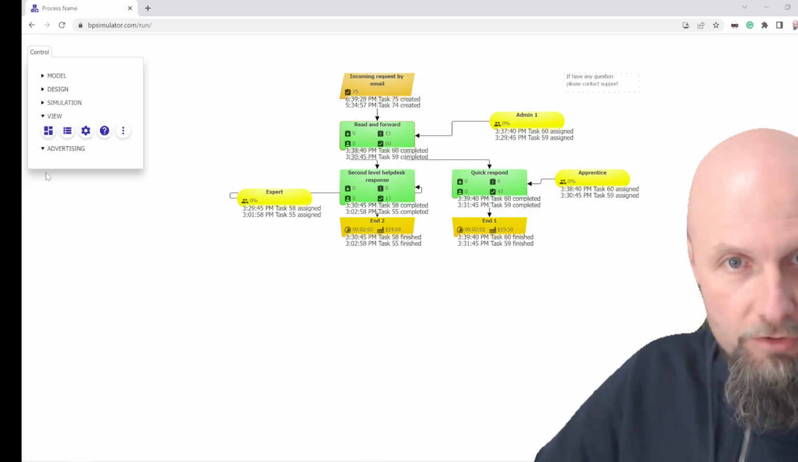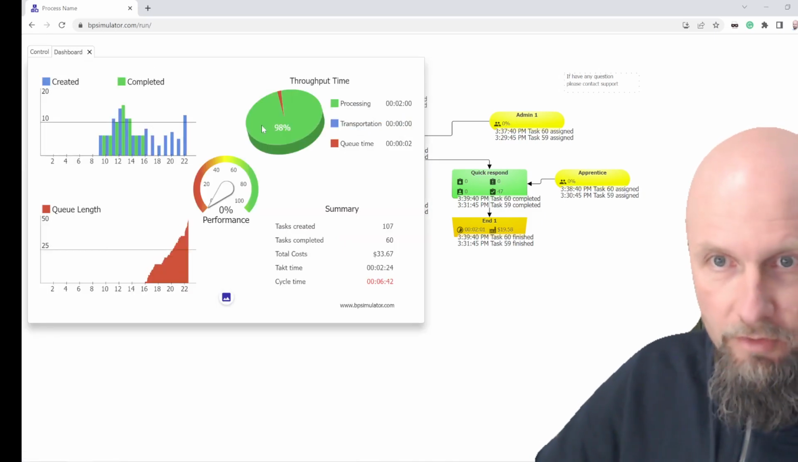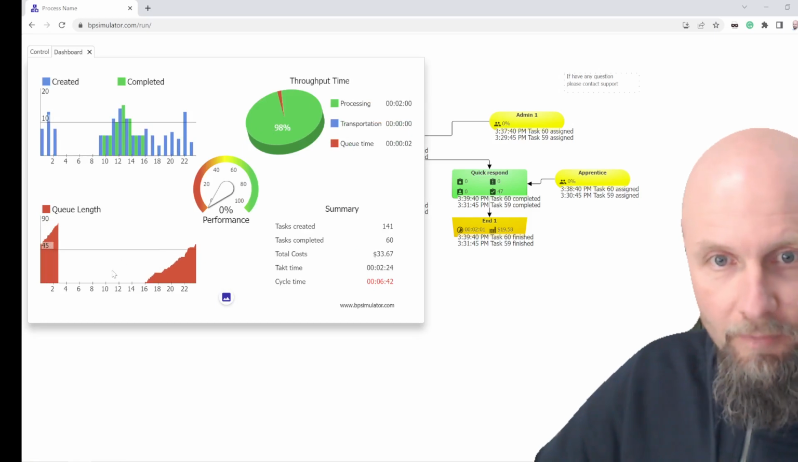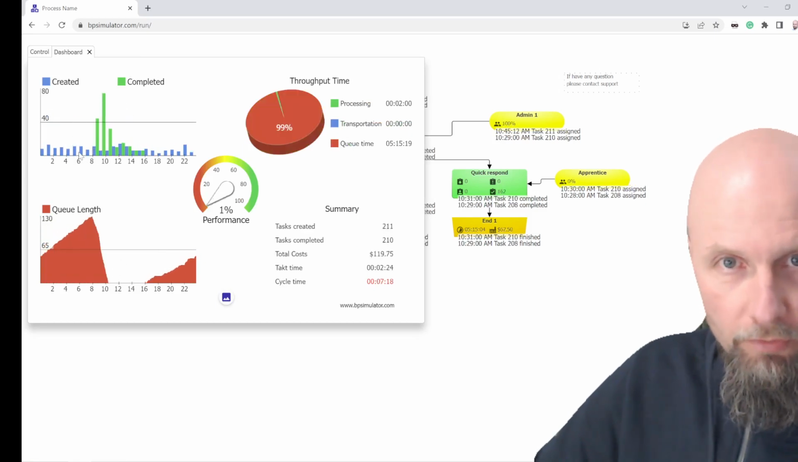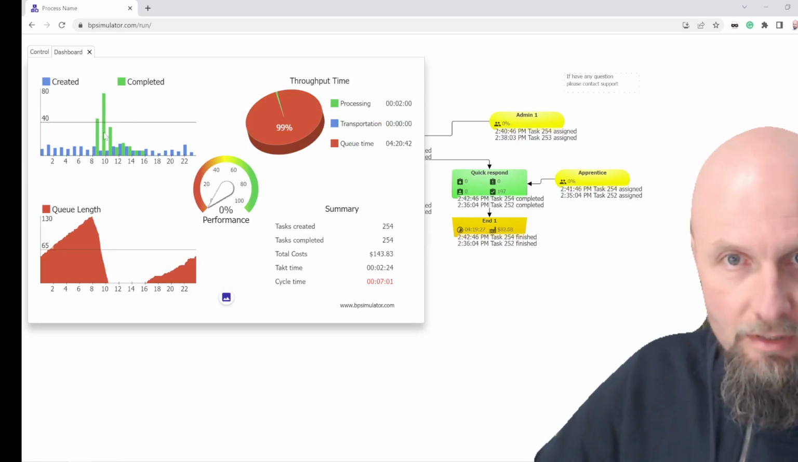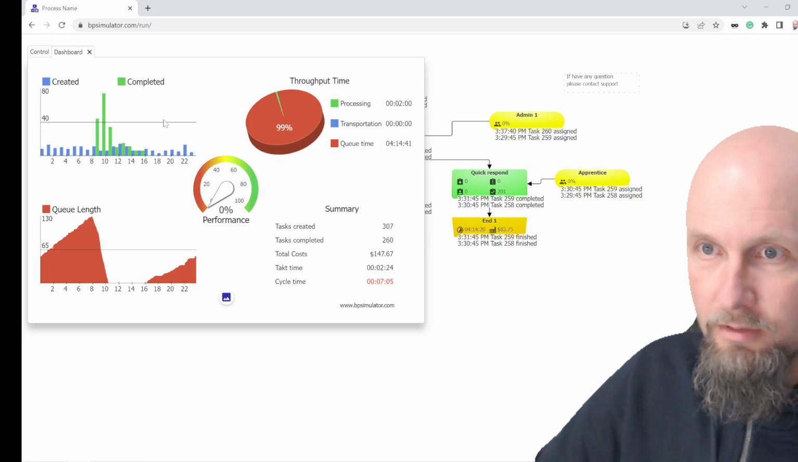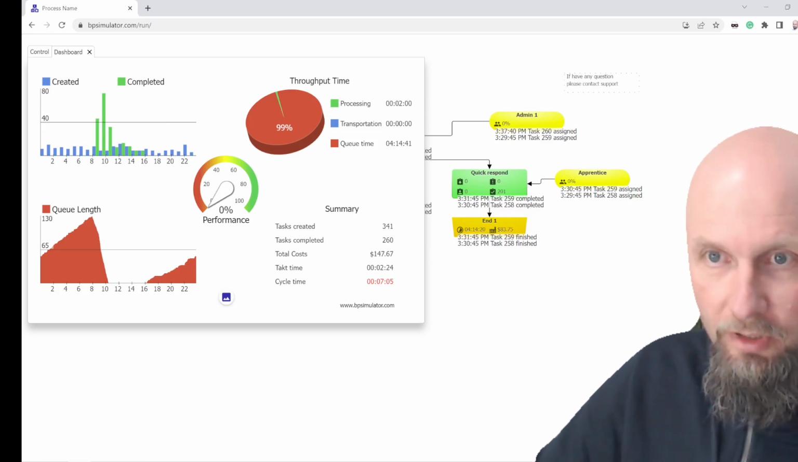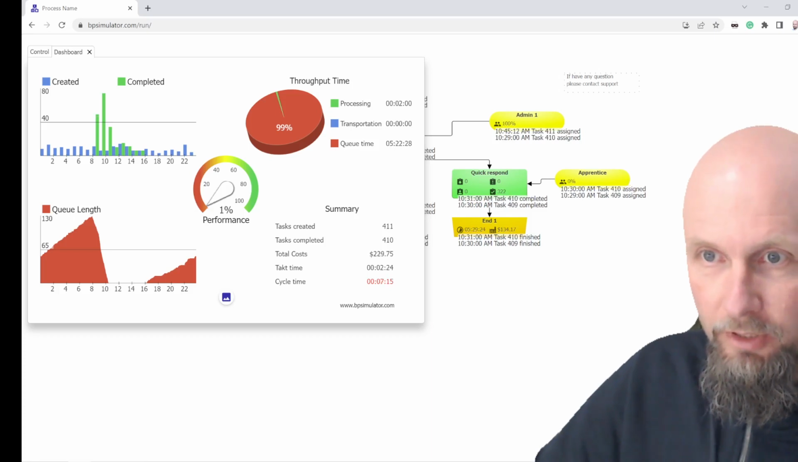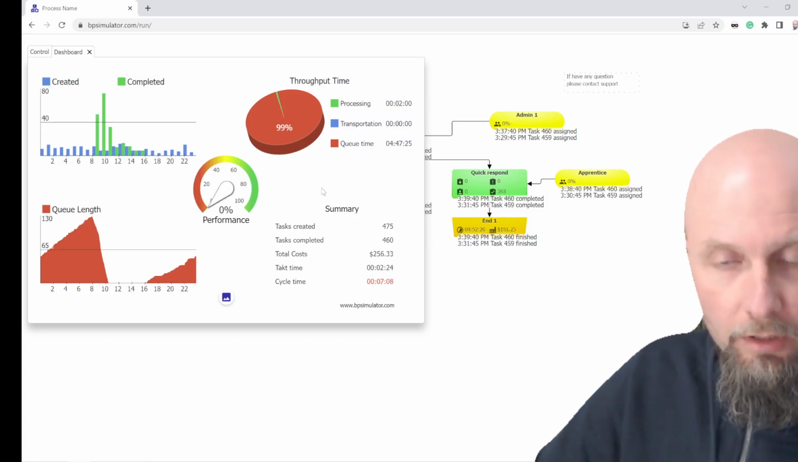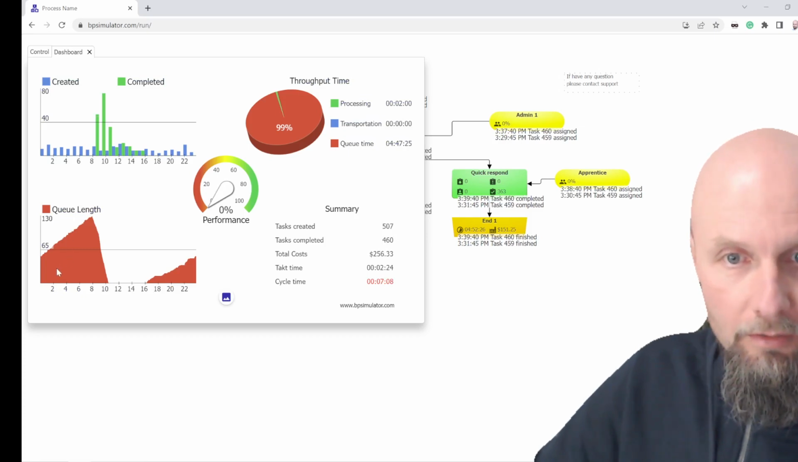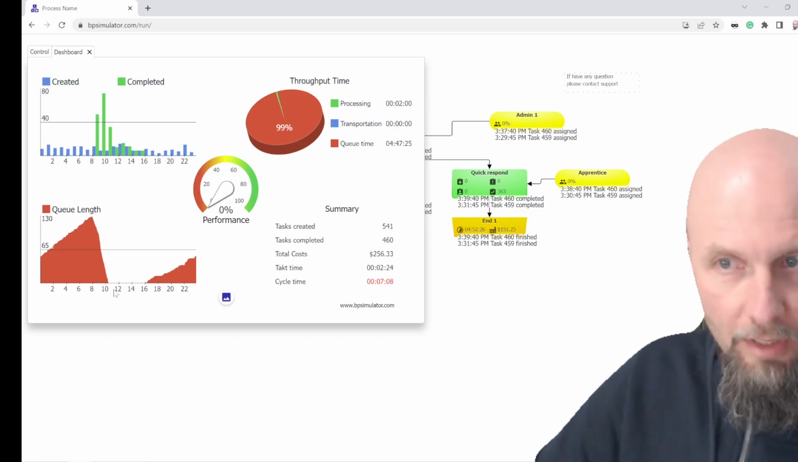And the most interesting thing I can observe is here this dashboard, where I can see with the blue color the number of created instances and with the green color number of completed instances. I can see throughput time, the time of processing, transportation, time of waiting in the QA, and I can see the QA length,